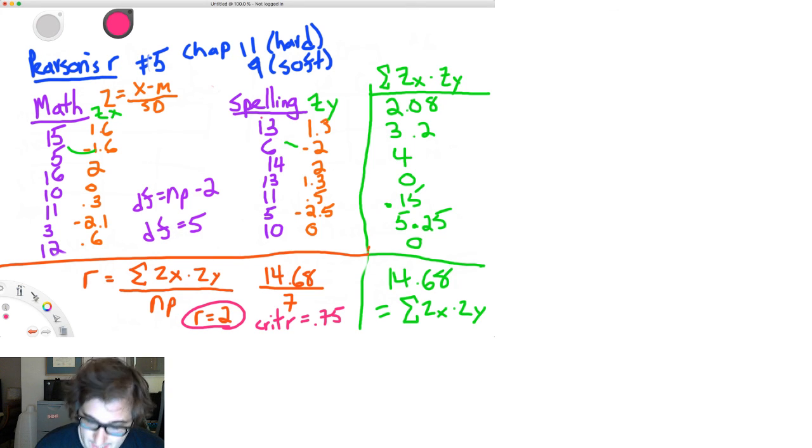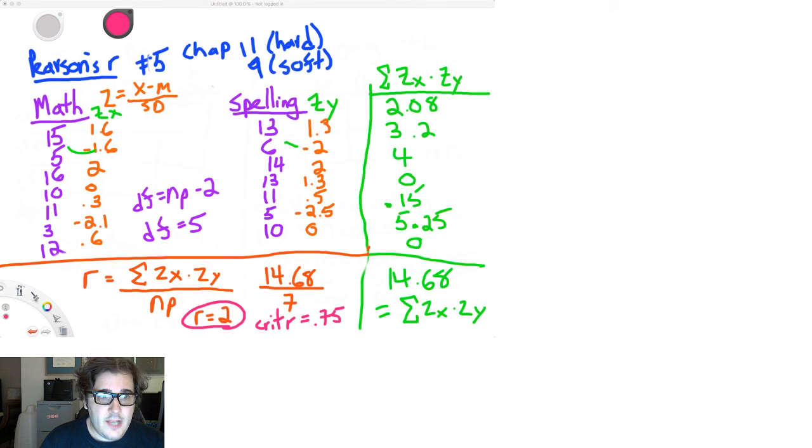So that's question 5 from chapter 11 for correlation. That's how you would do correlation. Let's check to see if I answered the question in the email. How do you go over how to calculate Pearson's R? Yes, I did. Okay, so just to reiterate,